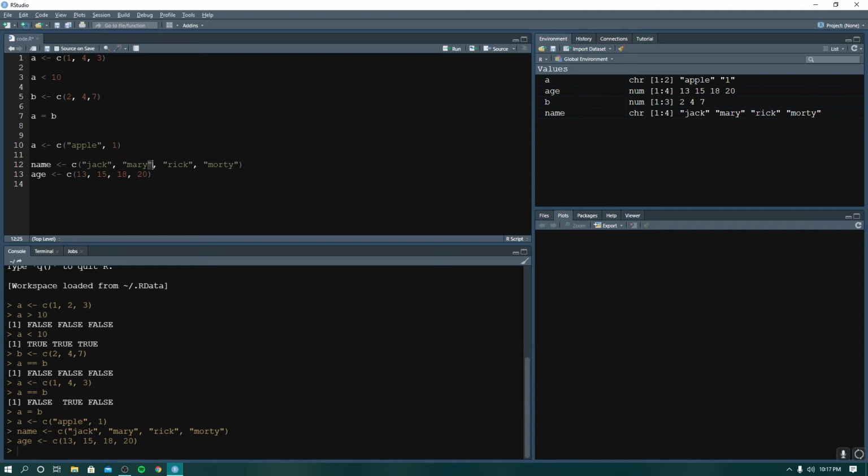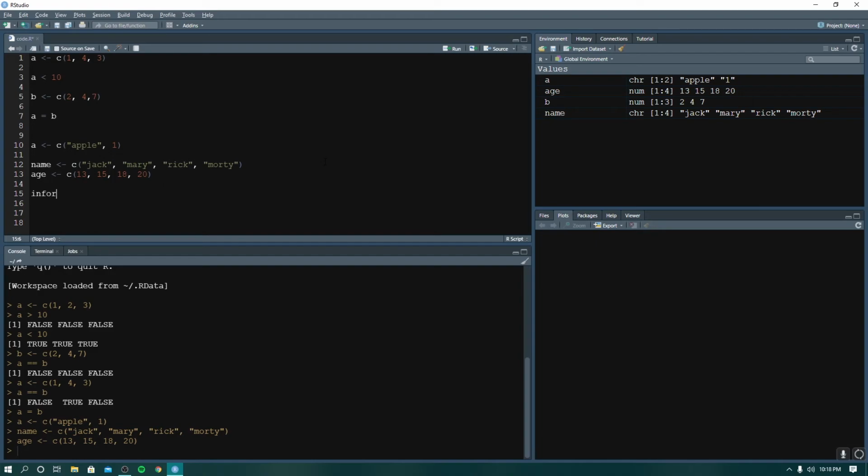And to input normal numbers, we just have to type the numbers and run the line of code. So I have created a vector having 4 elements, which is name, and similarly a variable age which has 4 elements. And now I can create a data frame